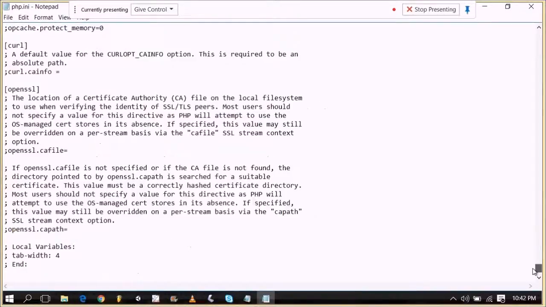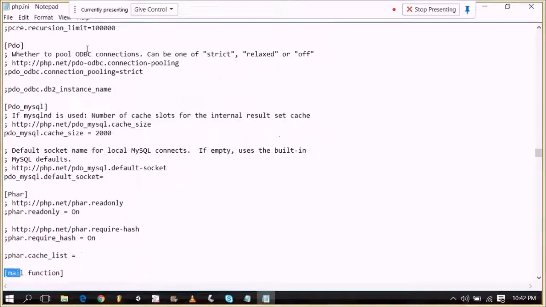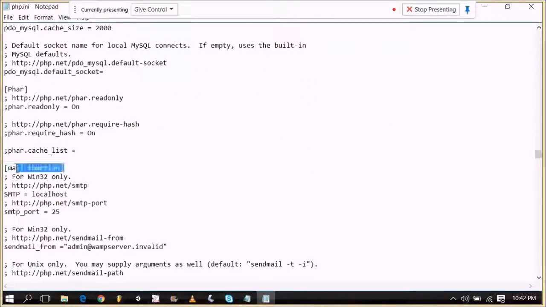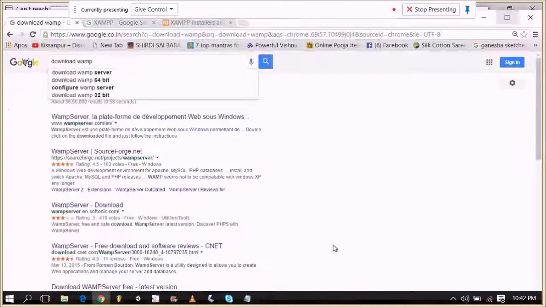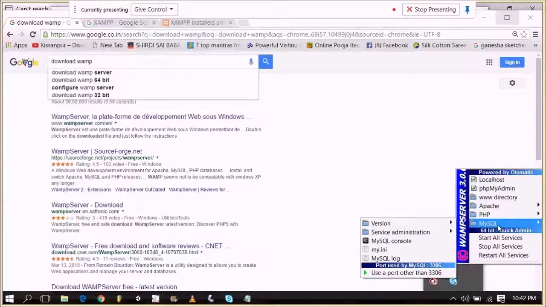There are several others where you have to write inside that mail function. If you want to change the SMTP, then you have to write it here. It doesn't mean that if you copy and cut the SMTP or some other functionality which you want to add and write it in the PHP or MySQL, then it will start working. So this was the basic of this one, and then similarly you have